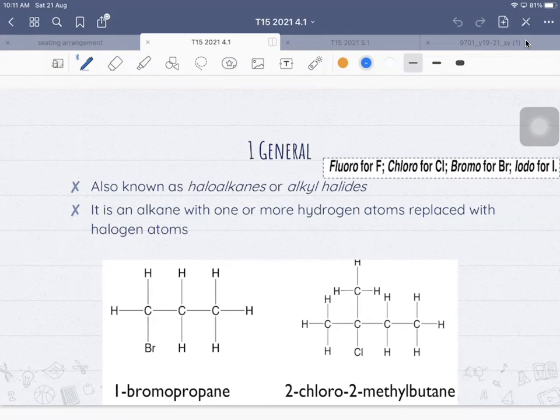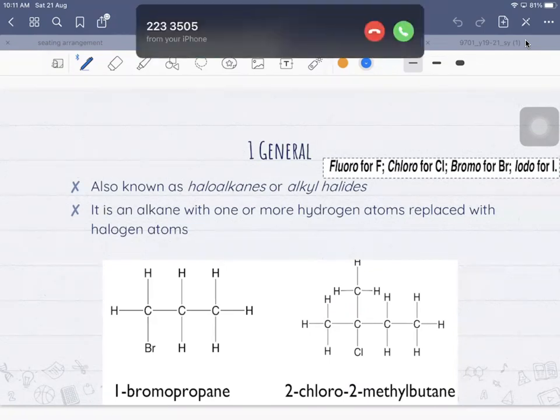In terms of naming, usually halogenoalkanes are named as prefix. So the halogens come before the principal chain. Okay, for example, if you have